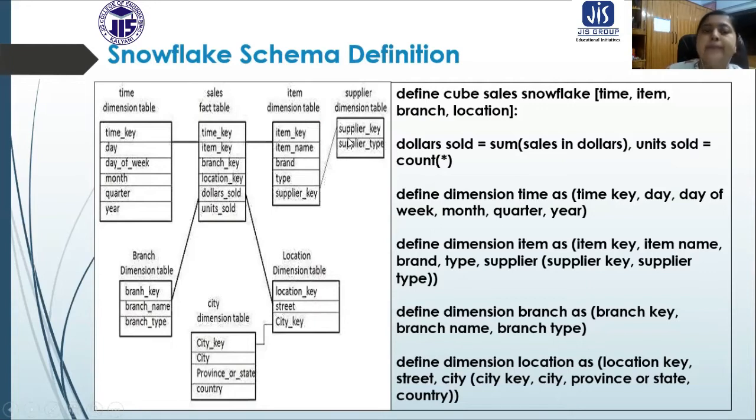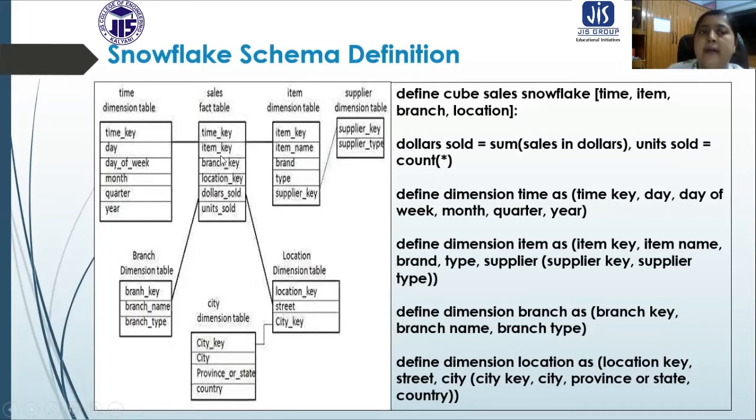here. Okay. Now also from the location dimension table, another table is connected, that is the city dimension table. The city dimension table is connected with the city key to the location dimension table. So these two tables are not connected directly with the fact table; they are connected with other dimension tables, and those dimension tables are connected with the fact table. So in this case, this is not a star schema, this is a snowflake schema. This is how we can define a snowflake schema. We can define it like this.